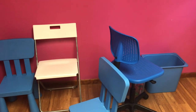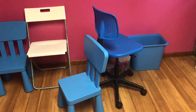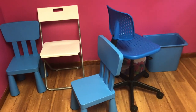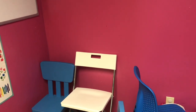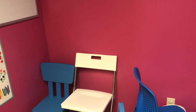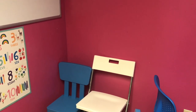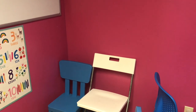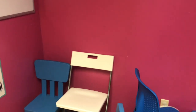I ordered a large table that's going to go right here, and that is where the kids will eat lunch. And then we'll also do our language arts, and the curriculum that we're going to be using for that I will show you guys a little bit later because I'm actually going to work on it a little bit today. It is a curriculum that I got off of TPT. I believe it's created by Tara West, and it is amazing, and it is just language arts and exactly what